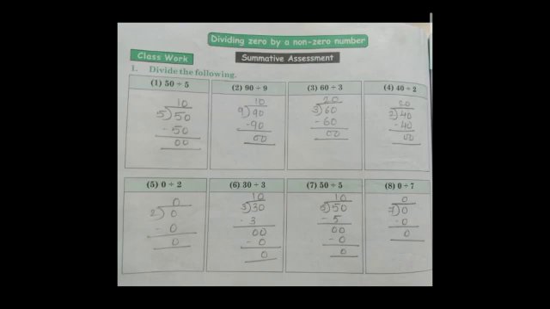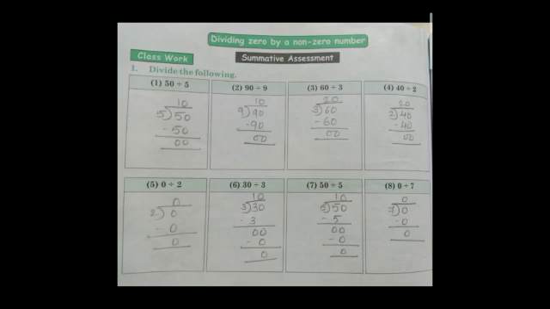Okay, in this way also you can do. And look at the 7th sum. Again it is 50 divided by 5. Again I have done it in the second method, that is by doing it as a single digit number. See, now 5 ones are 5, then 5 minus 5 is 0, the next 0 will come down, and 5 zeros are 0. In both these methods you can do like this. Okay, next, the second one is 90 divided by 9. Again it is 9 tens are 90 and then 00. Or you can do it by a single digit number also.